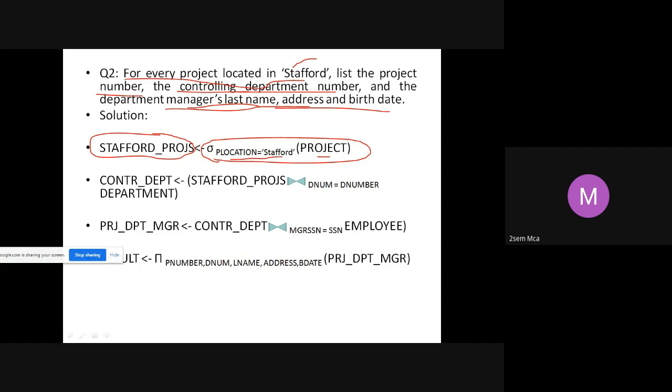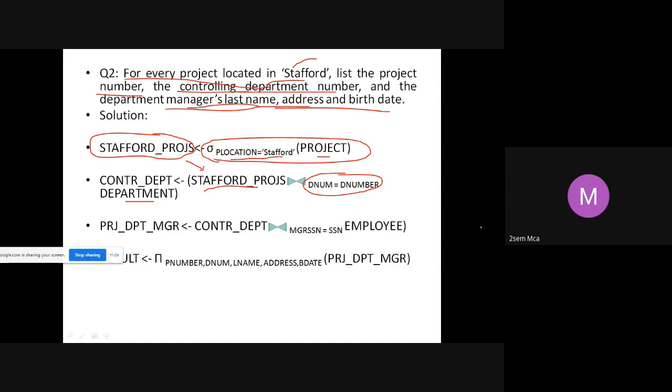Okay. Next, what should I find? I have to find out which department is controlling each of these projects which are running in Stafford. So I will take this particular table and apply a join on this table and the department table by giving dnum is equal to d number, so that I will get to know which department is controlling each of these projects.